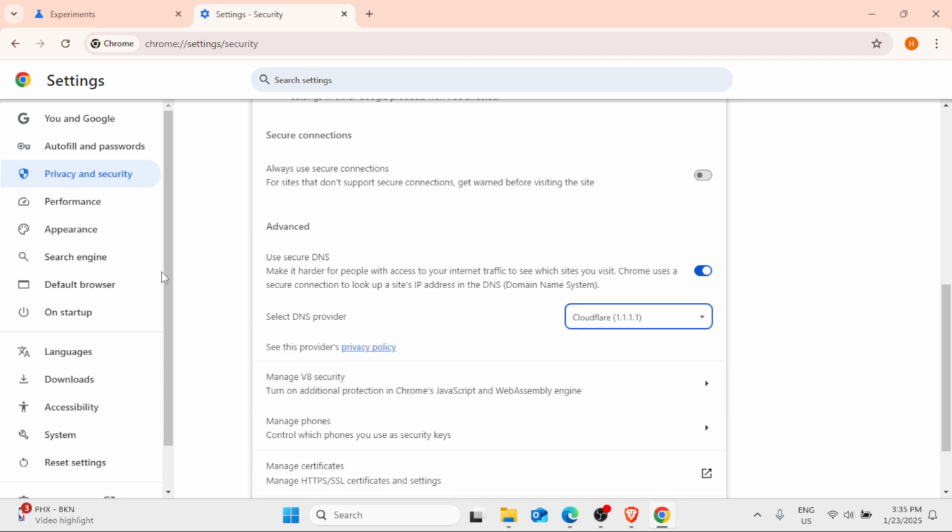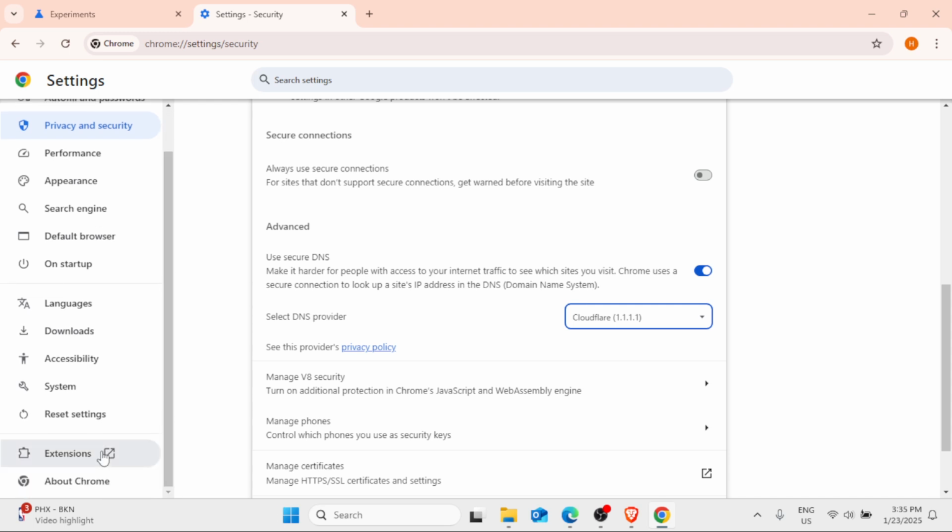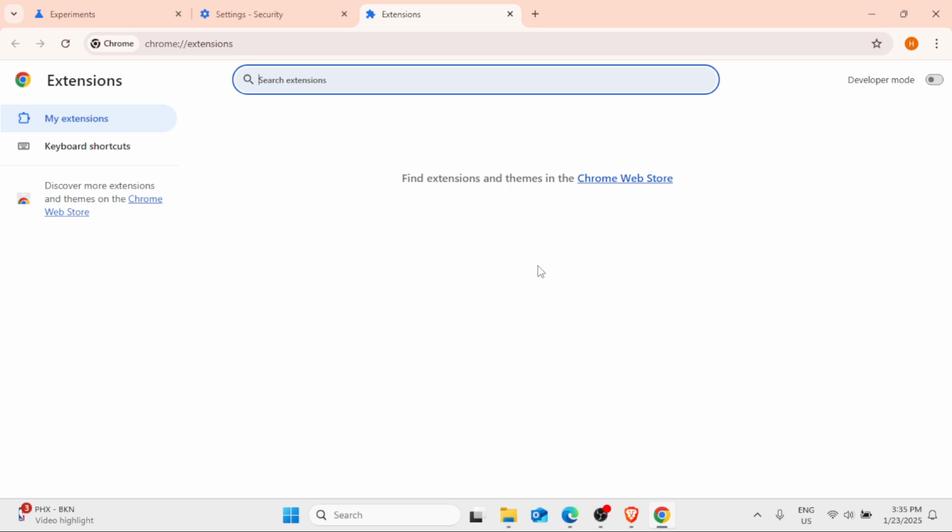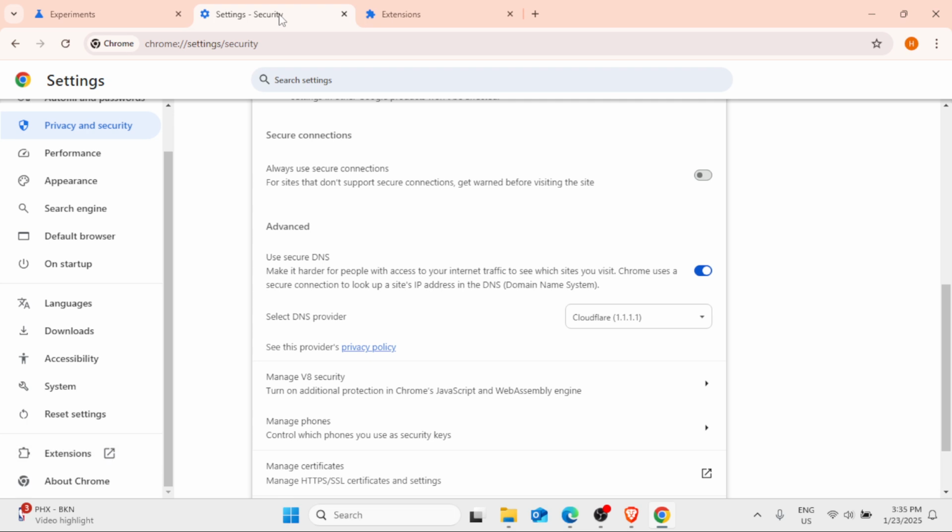Once done, still on the left pane in the list of options, you have to click on Extensions. So if you have any unnecessary extensions, especially problematic extensions, you have to remove all of those unnecessary and problematic extensions. Then once done, simply go back to Settings and still on the left pane, you have to click on